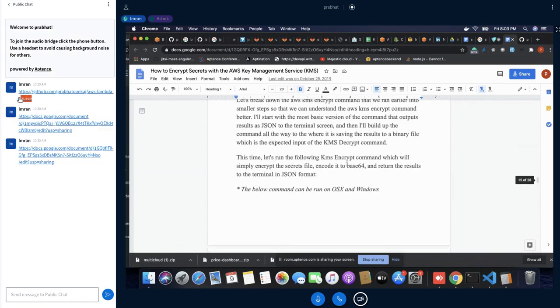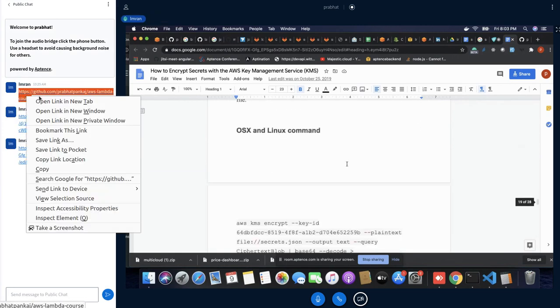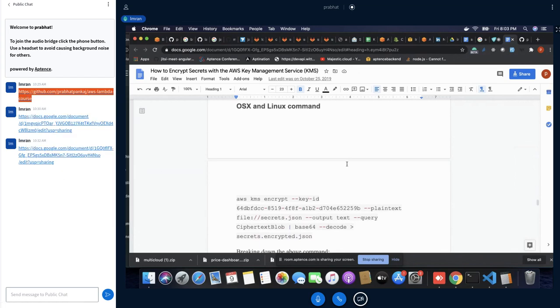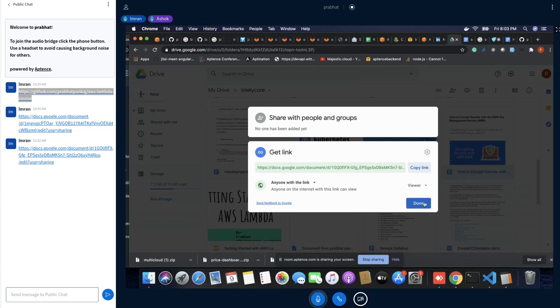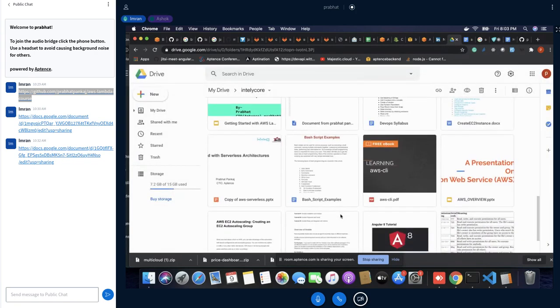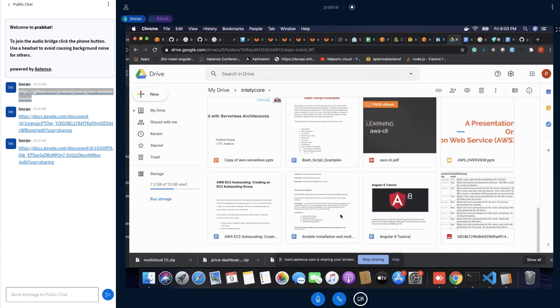So this is a complete example, if you are interested to learn how to use KMS. Okay, so these were the KMS files. After that, I think there is another important example that I have forgotten. Okay, if you are interested in Ansible, this is the Ansible library that is already available here.